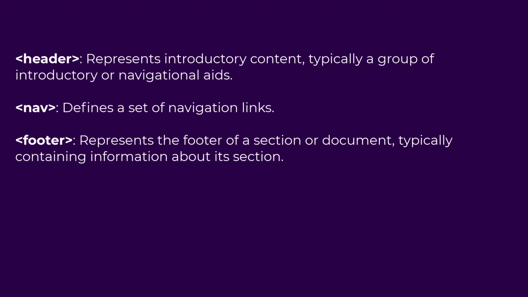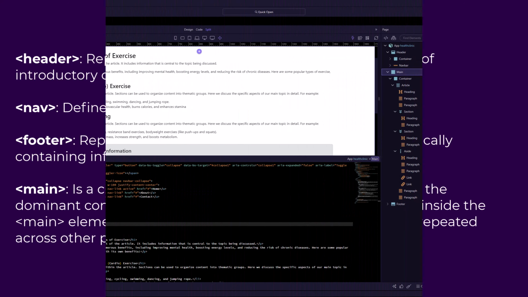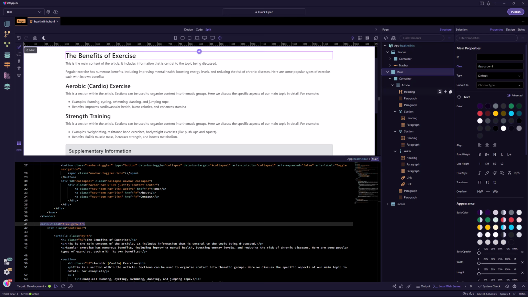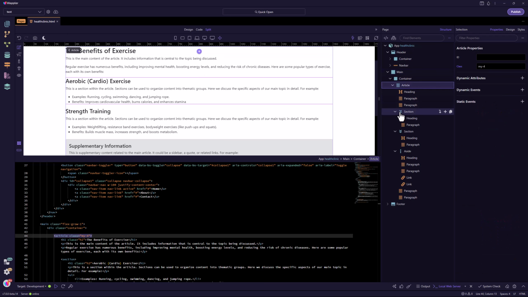The main element is often overlooked when listing sectioning elements because it has a more specific purpose compared to other sectioning elements. Here is why. The main element is a crucial sectioning element in HTML. It represents the dominant content of the body of a document. The content inside the main element should be unique to the document and not repeated across other pages. Inside the main element, there are three more sectioning elements. These are article, section,